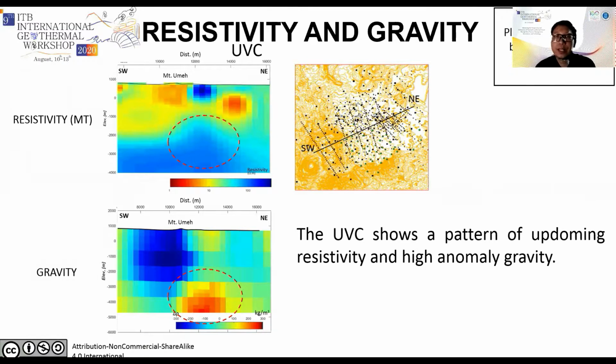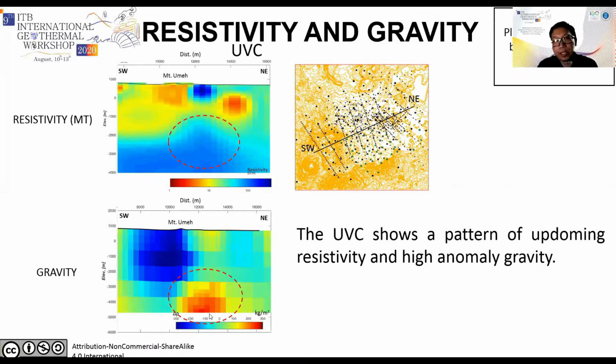This is the resistivity and gravity data section from the southwest to the northeast. Based on the resistivity data, we can see the updoming pattern beneath Umeh volcanic complex. And if we compare to the gravity data,